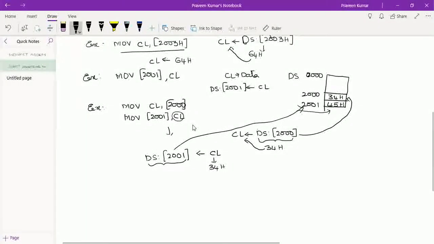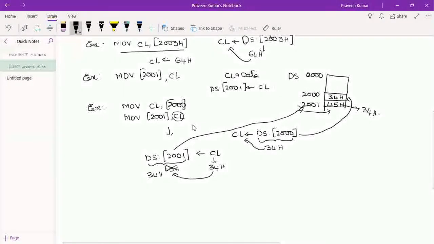So we already have data in 2001, and this data has to be totally erased and replaced with 34H. So what is the new data that I'll be having in 2001? It is 34H.